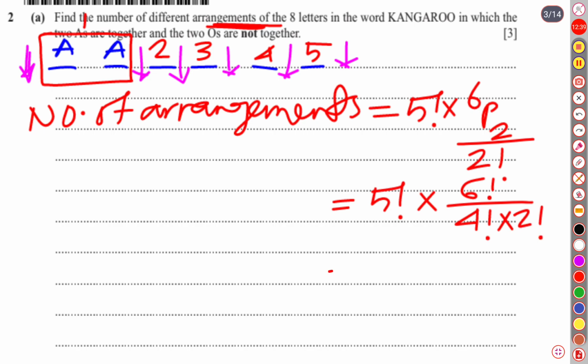So numerator is 5 factorial into 6 factorial divided by 4 factorial into 2 factorial. So our final answer is 1800. So in 1800 different ways they can be arranged. Well, then the next question says,